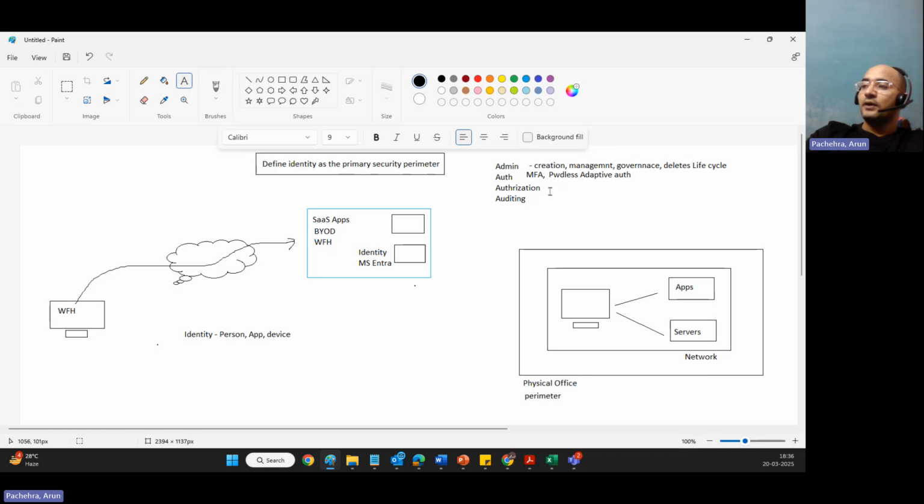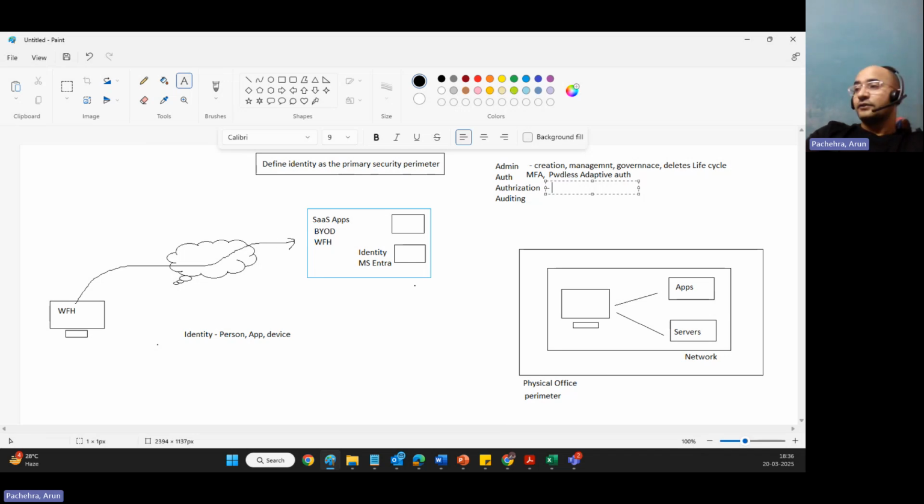Now you have proved who you are. Authorization will let you prove what you can do. For example, in the Azure portal, when we log in with our ID and password, we can see Azure as per the permissions that we have. Maybe we cannot create any VM because we don't have the authorization to create the VM. Maybe we can only see. Maybe we can create, but we cannot delete. So authentication is proving who you are. Authorization is what you can do, right?